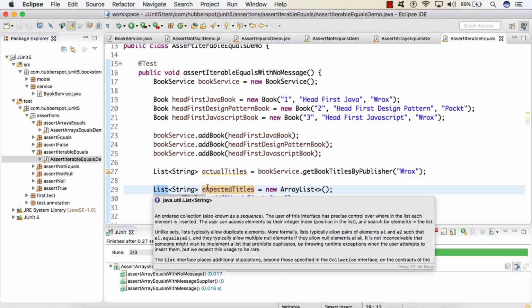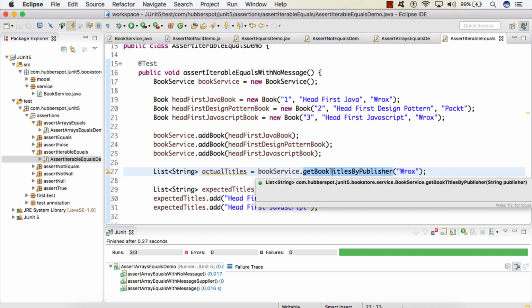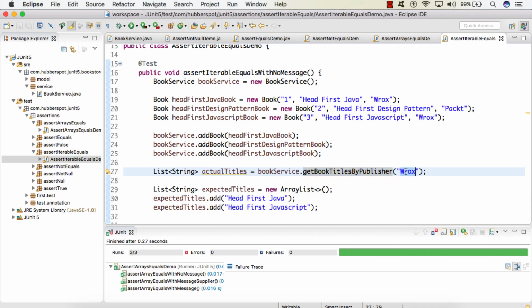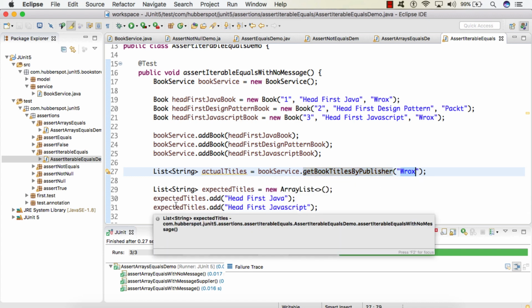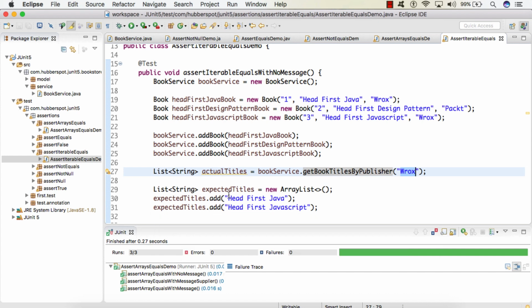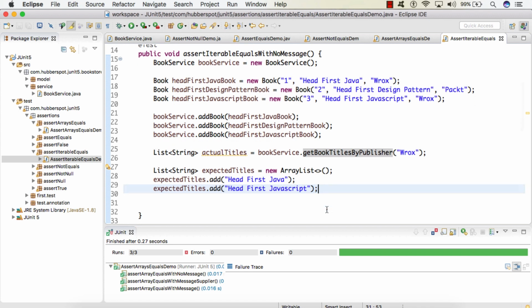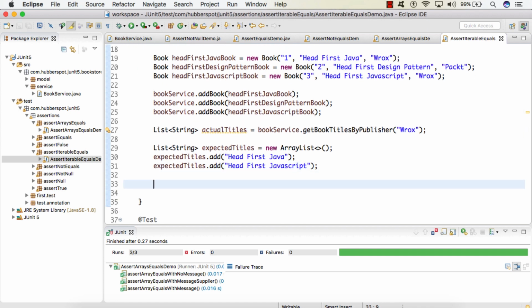So friend, this is our expectation that when we test this method by passing in a Vrox publisher, we should get 2 strings, one having title as Head First Java and other having title as Head First JavaScript. Now we'll assert the expected iterable and the actual iterable by calling the assertIterableEquals method.